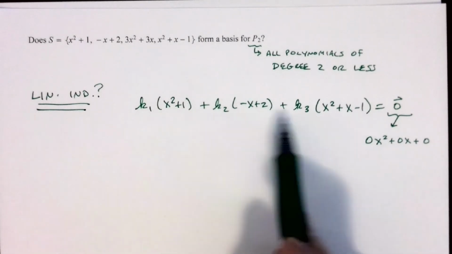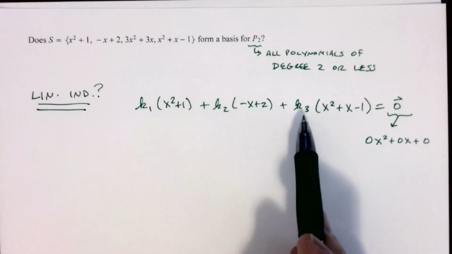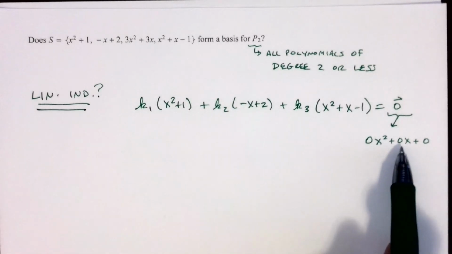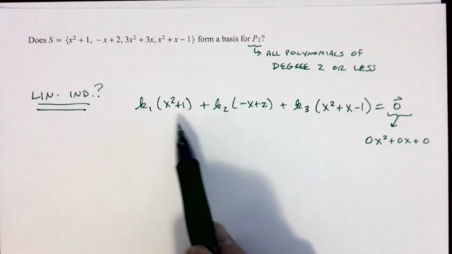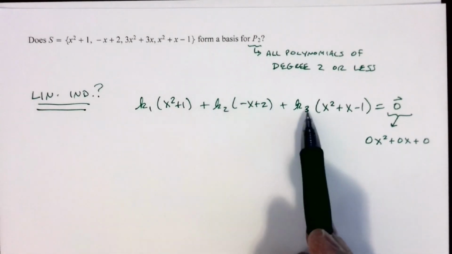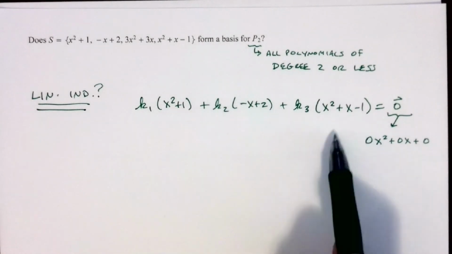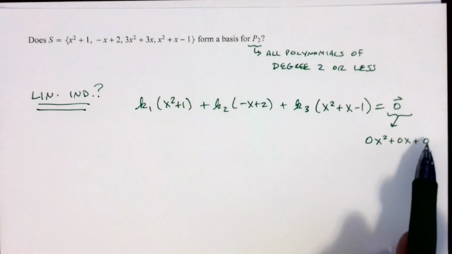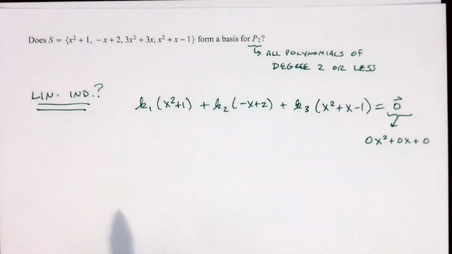Plus k3x. So we're going to have negative k2 plus k3 has to equal what? The coefficient of x, which is 0. And then our constant terms, k1 plus 2k2 minus k3 has to equal 0. Right? And so we have